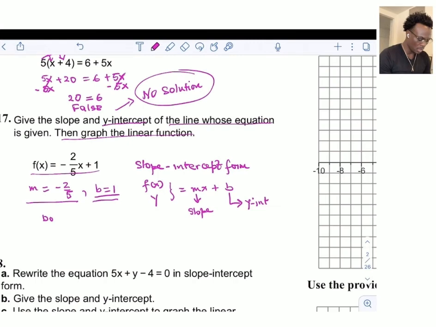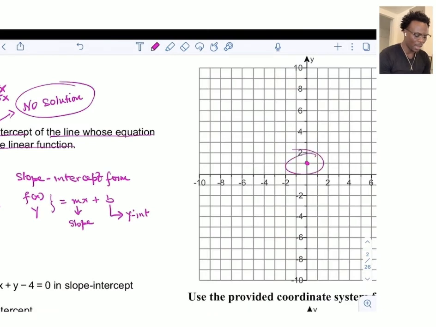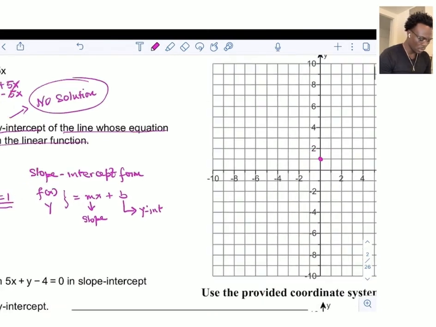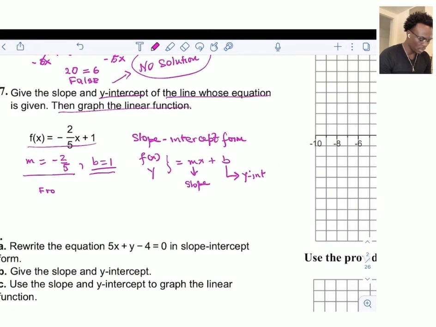We need to say, from the point where the graph touches the y-axis, from the y-intercept, we go down